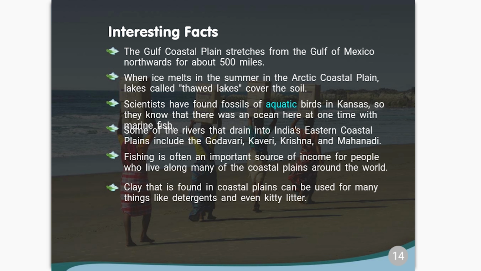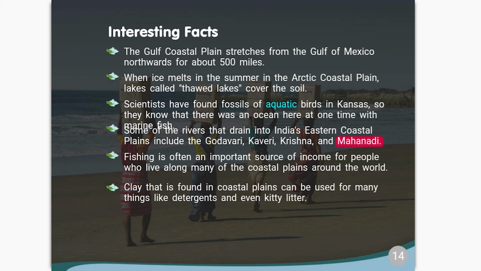Interesting facts. The Gulf coastal plain stretches from the Gulf of Mexico northwards for about 500 miles. When ice melts in the summer in the Arctic coastal plain, lakes called thawed lakes cover the soil. Scientists have found fossils of aquatic birds in Kansas, so they know that there was an ocean here at one time with marine fish. Some of the rivers that drain into India's eastern coastal plains include the Godavari, Kavari, Krishna,